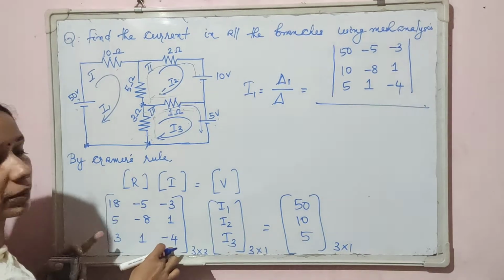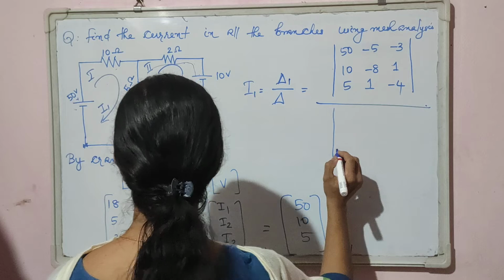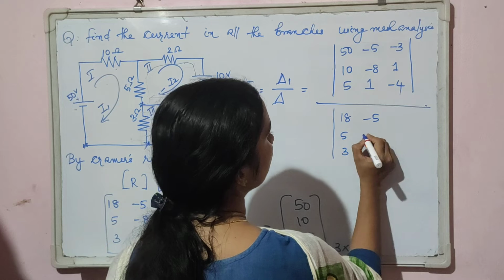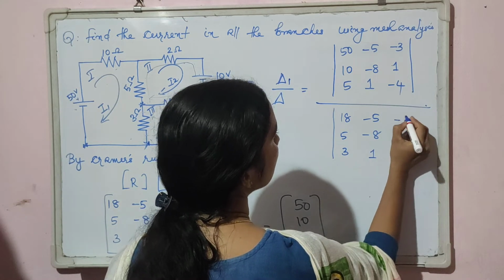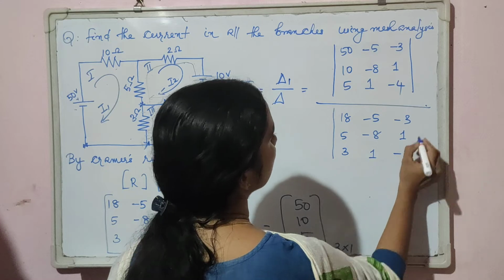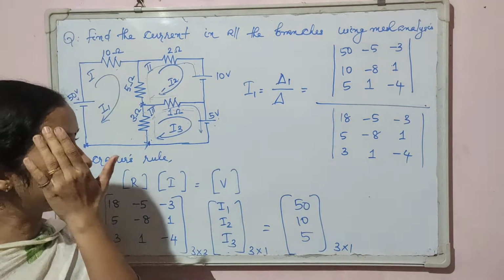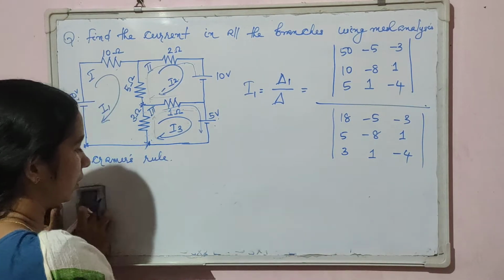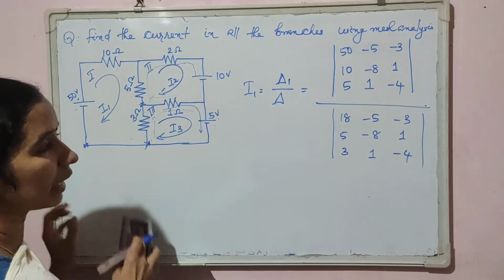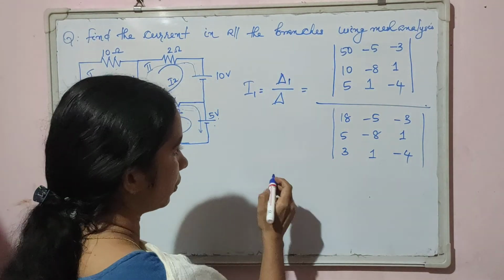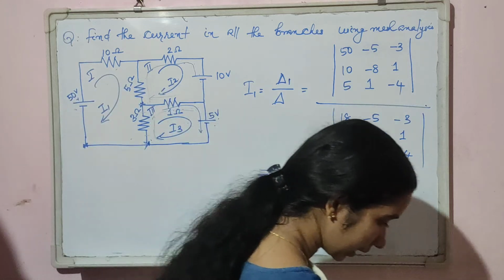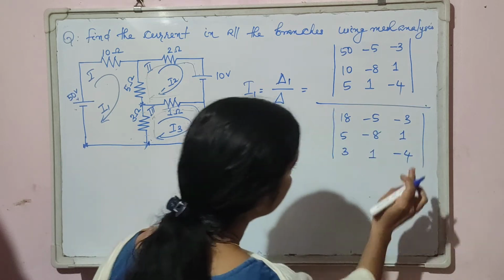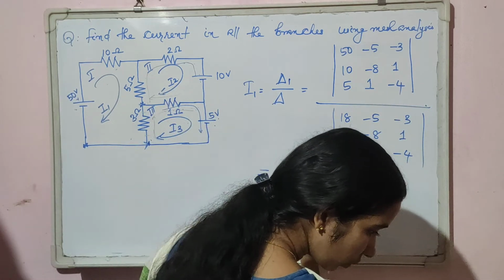Delta is the determinant of this matrix, that is determinant of 18, 5, 3, minus 5, minus 8, 1 and minus 3, 1, minus 4. Okay, so this will be I1, and you know how to calculate the determinant of a matrix. So on calculating the determinant, we will get the answer as determinant of this matrix delta 1 will be